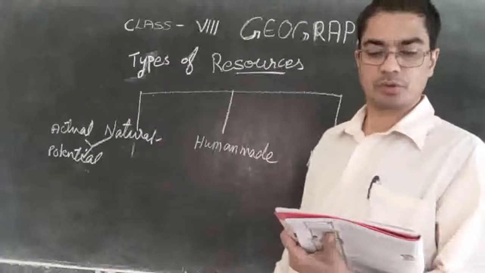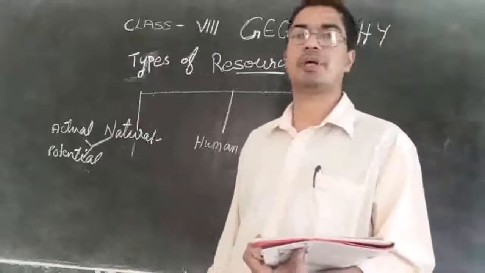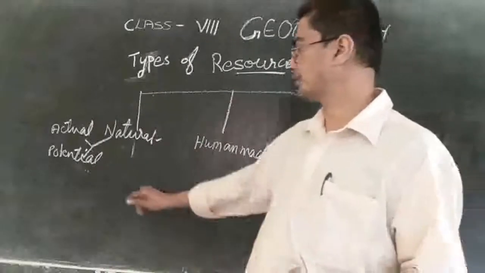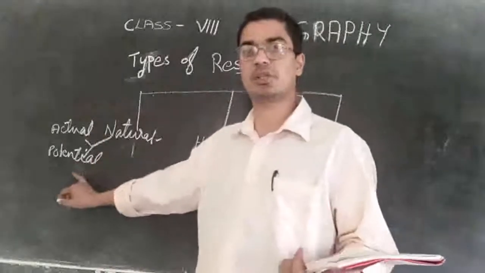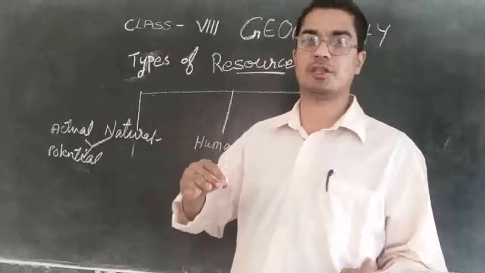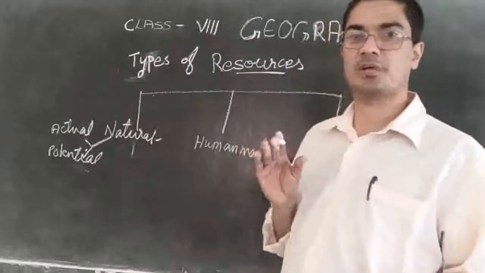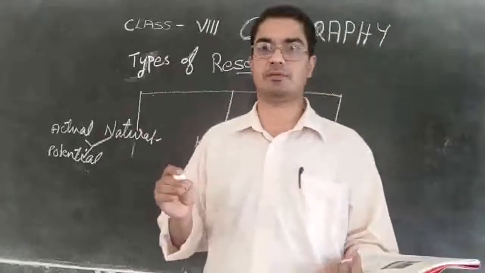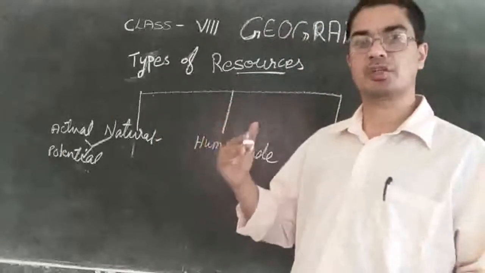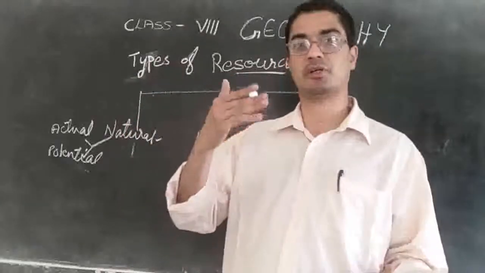Then, the level of technology we have at present may not be advanced enough to take out or make use of these potential resources. So one reason why we are not using these potential resources at present is that the present-day technology may not be there. It may be in a difficult place to take it out. The machines that we have may not be enough to take it out. So we have to wait for some more time, and the technology will develop and we will be able to take it out in the future.